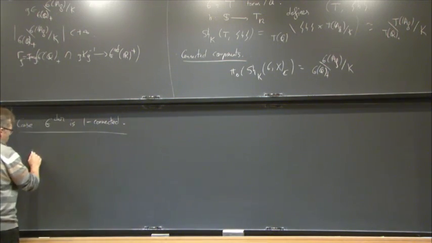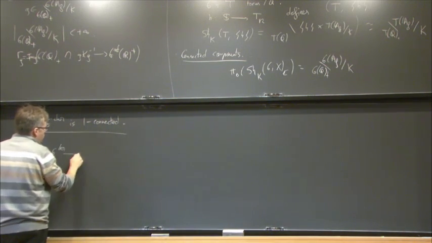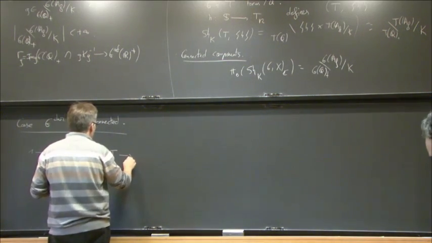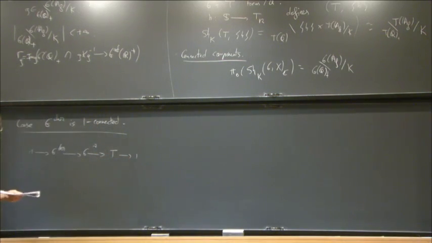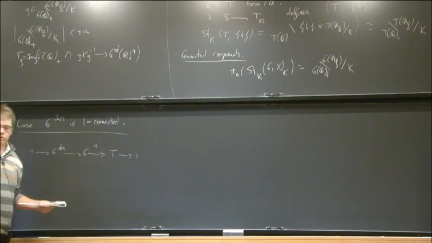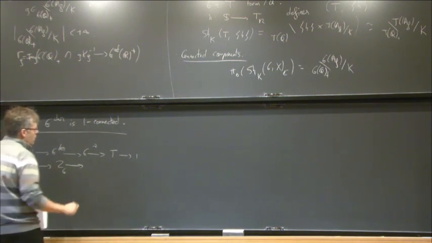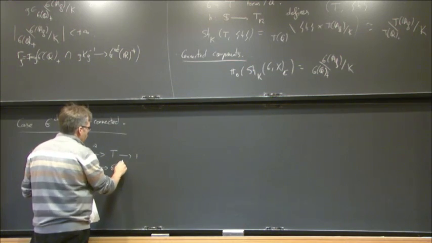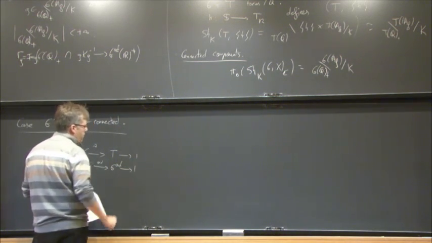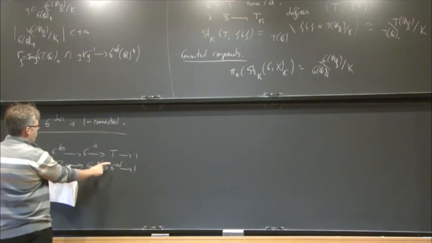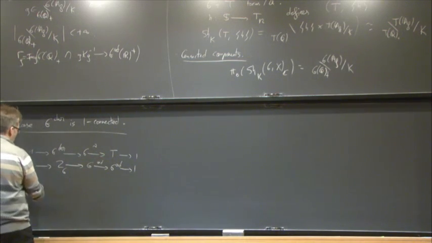Well, let's look at the following diagram. You have the derived group inside G, which goes to what we call T, the quotient. So T is a torus. I recall that the derived group is the group generated by commutators. So it is semi-simple inside the reductive group, and the quotient is a torus. And I have another thing, which is the center, going to the adjoint group by the adjoint map. So I have two tori, and when I put together those two exact sequences,